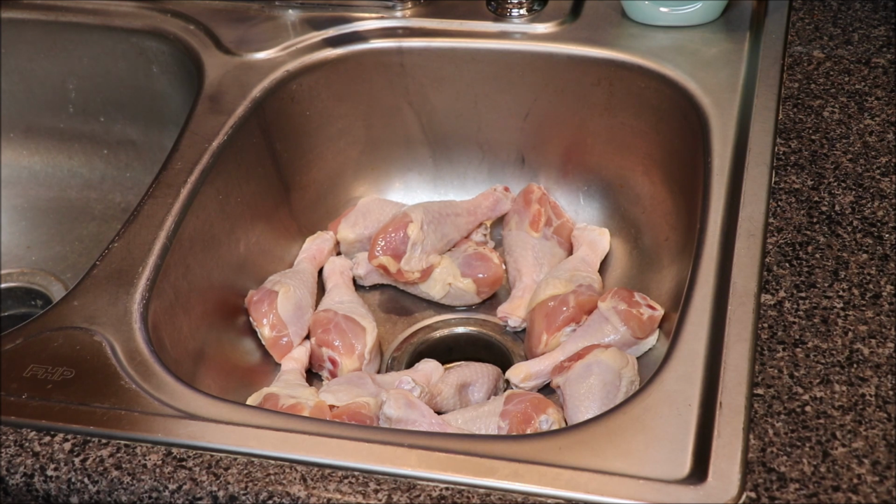What I have is some chicken legs that have pretty much just been draining in my sink. I'm going to season everything inside of my sink. It just makes cleanup so much easier. Make sure your sink is clean though. What we're going to do is lightly season